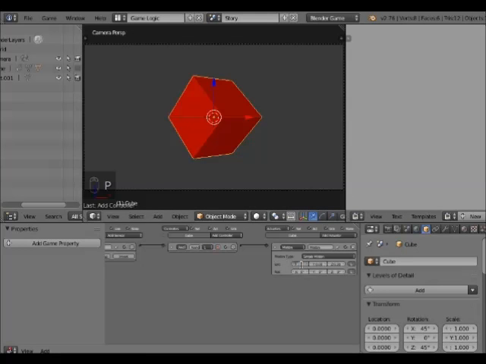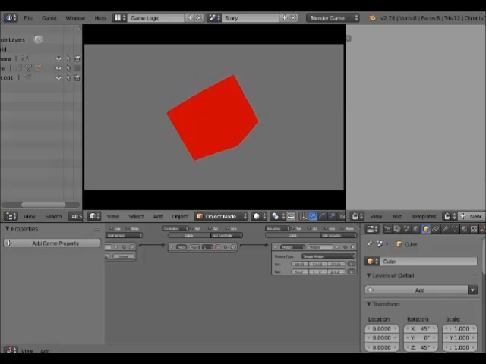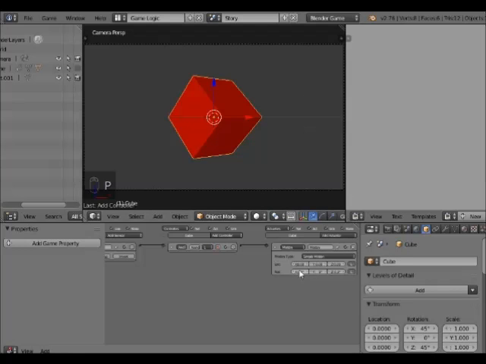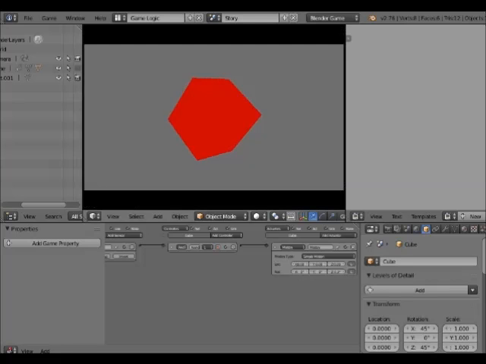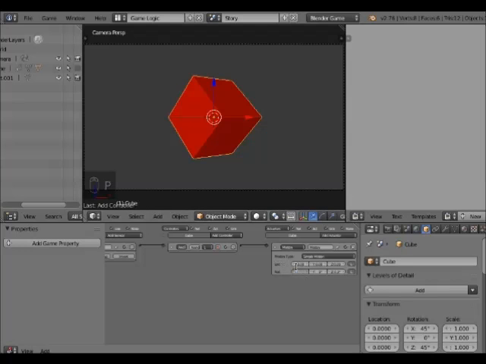I put that in motion. Or it might just roll. Oh, there we go. Or if you just did it on the Z, do something like that. And if you did a 0.3 here,